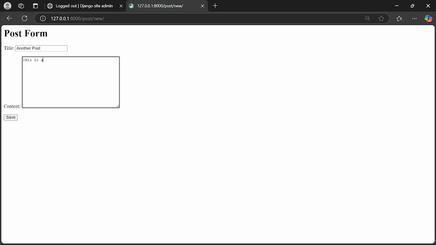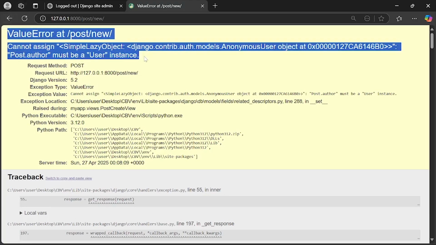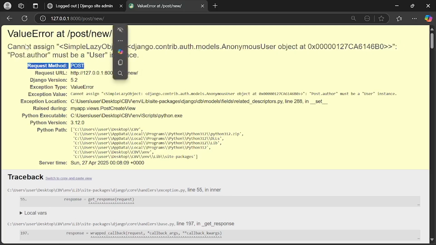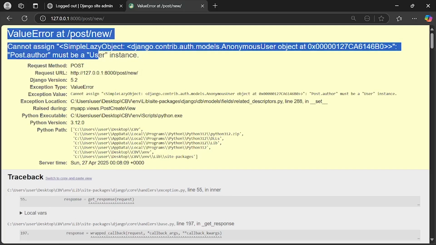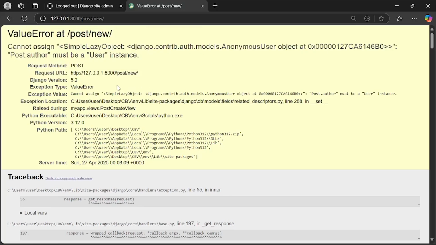This is another post. If everything works well, I should be given an error. You see, value error, cannot post because what? I'm not authenticated. Must be a user instance. There's a way we can actually get, instead of having this error here, we can just send an error message to the person. But what I just want to show you is that if we are not logged in, we